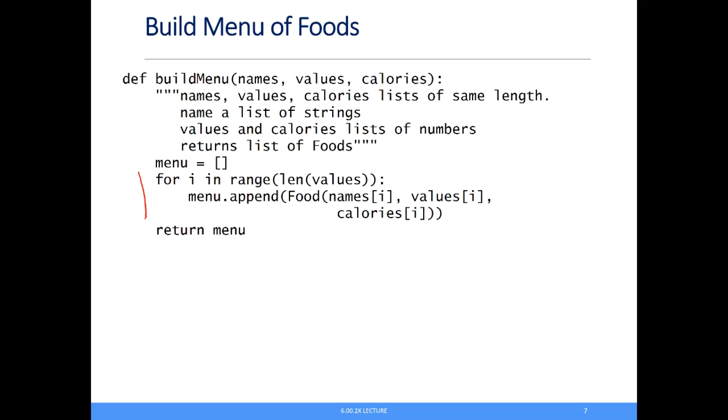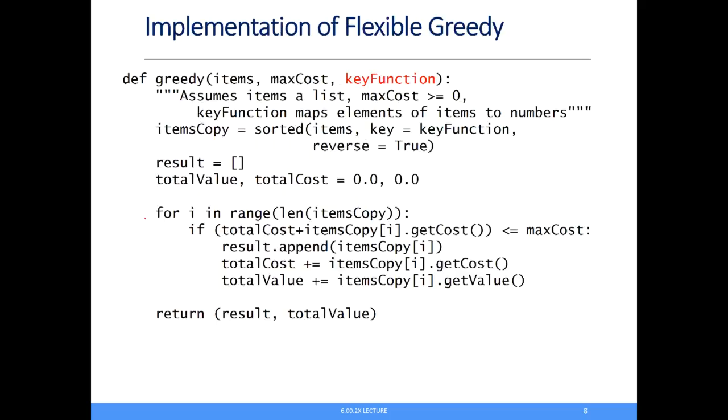All right, now that we have these 2 abstractions, let's look at some code that does indeed find a set of foods. So here's our implementation of a flexible greedy algorithm. What makes it flexible? This parameter called key function. This makes our implementation independent of the definition of best. All that's required is that key function defines an ordering on the elements and items. We can then use this ordering to decide what we mean by best. We do that here